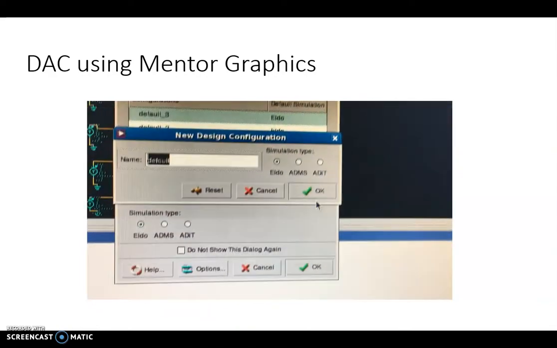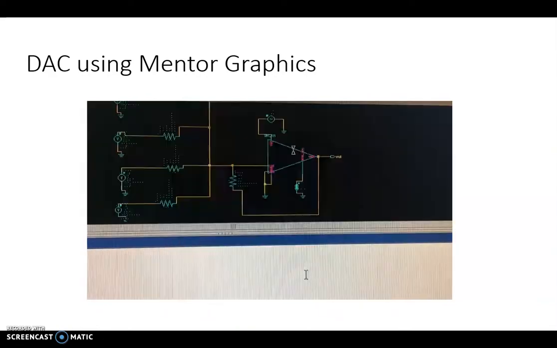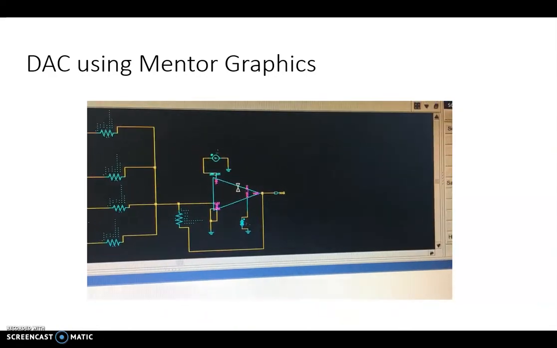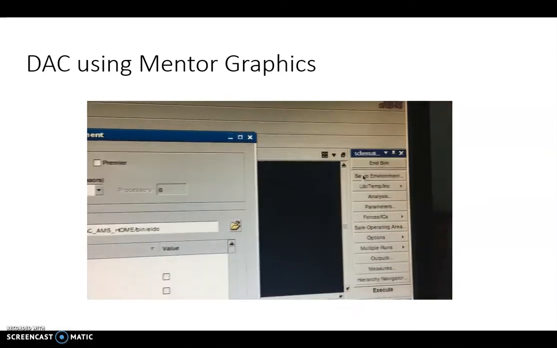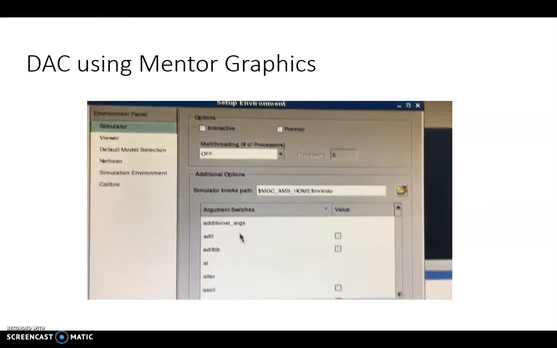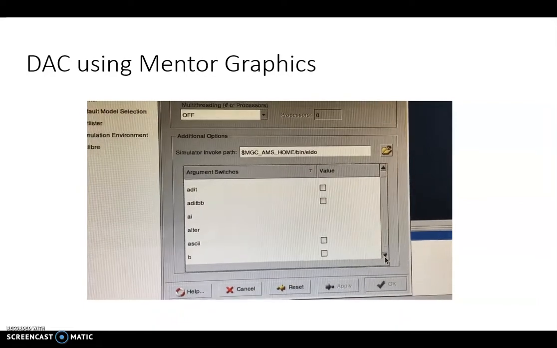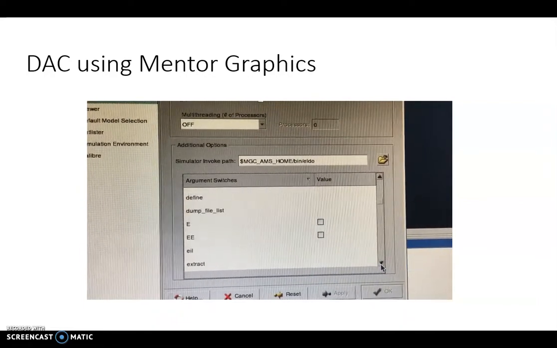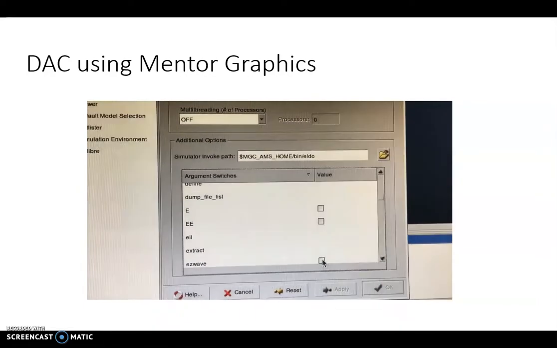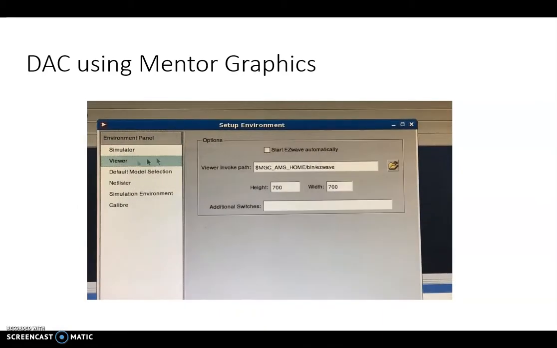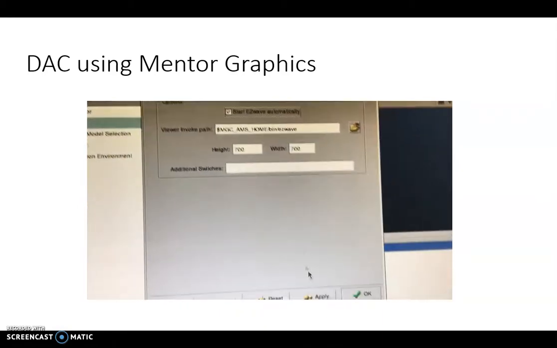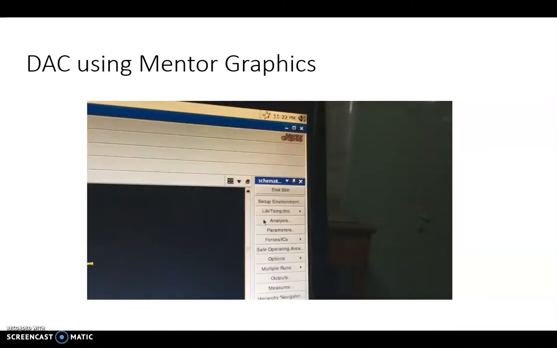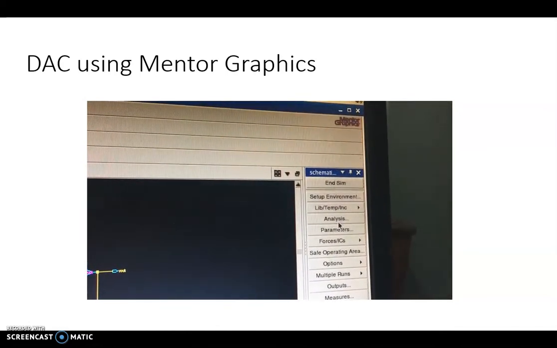Click on simulation, new configuration, OK, and then OK, and the simulation setup environment. Then the simulator we have to select here. For that, select EZ wave, then select the viewer to start automatically. Now go for the analysis.